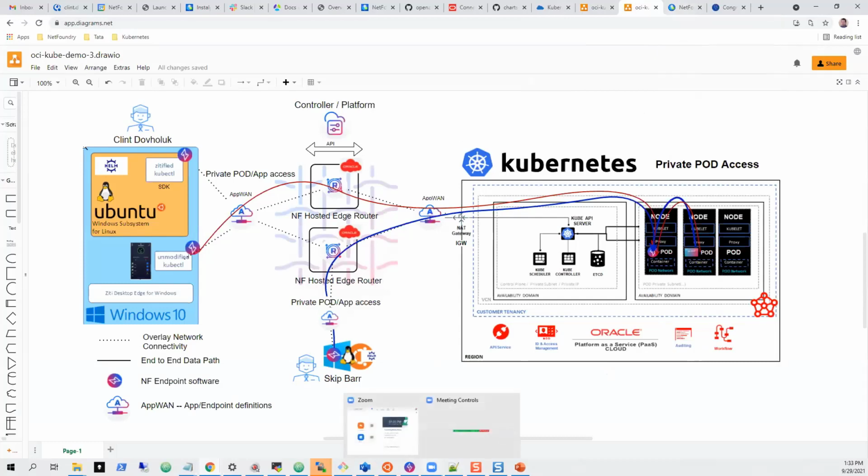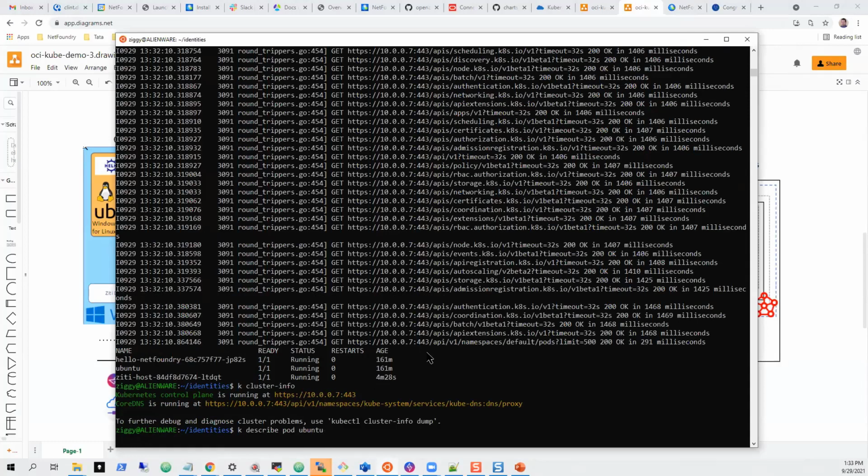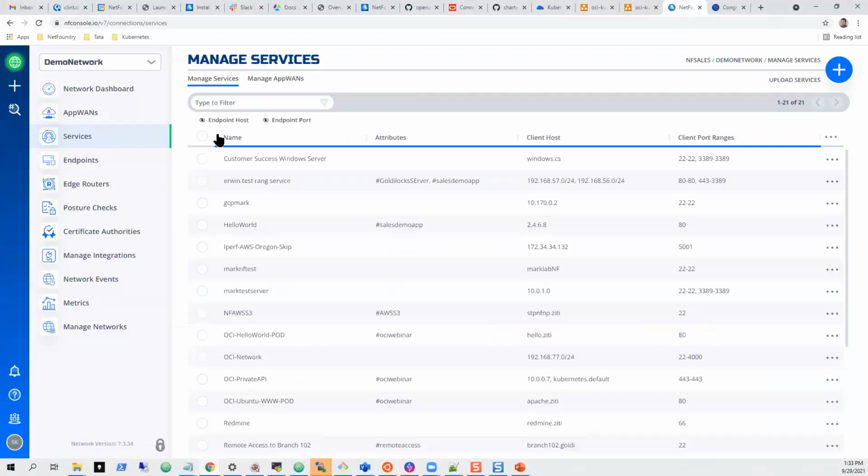So let's go get that guy fixed, and we'll just show that one as well. So if I come over here, we'll go, okay, describe pod Ubuntu. And then this guy's IP is right here, 10.244.1.3. Good.